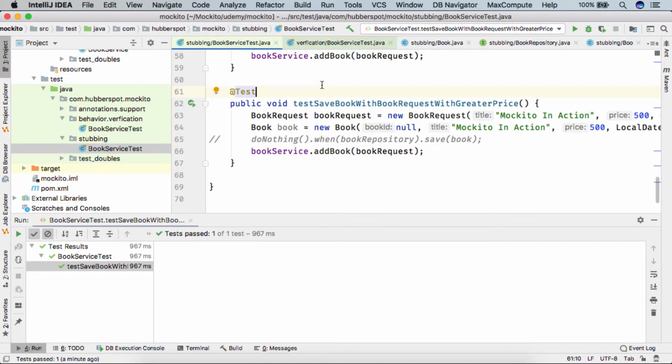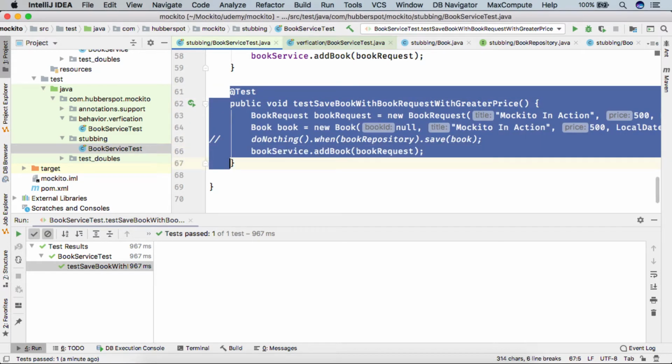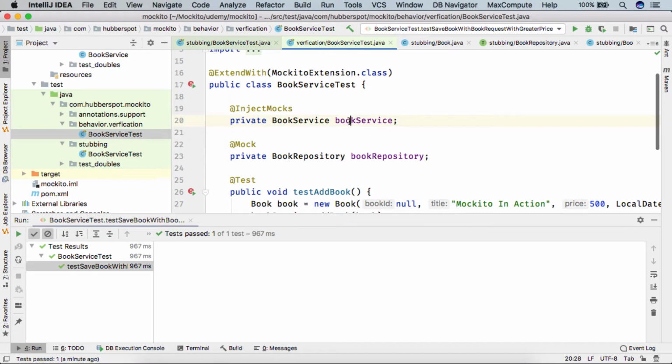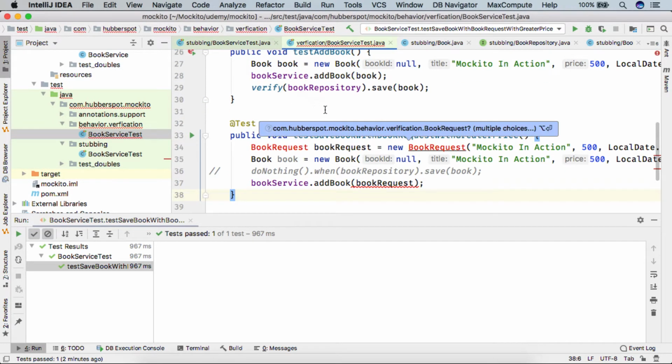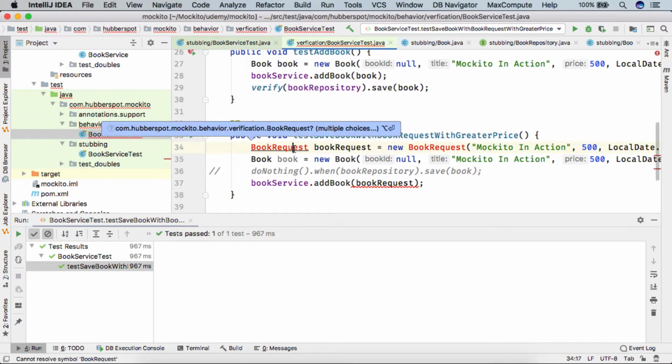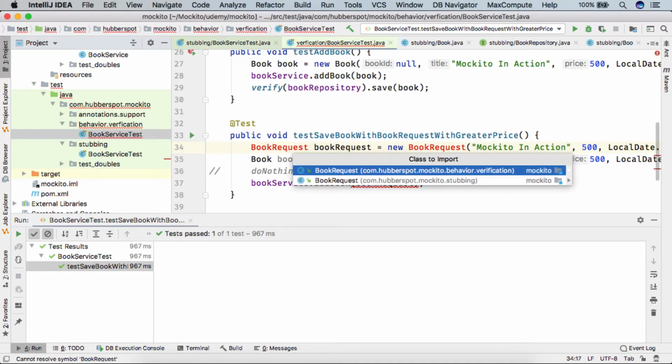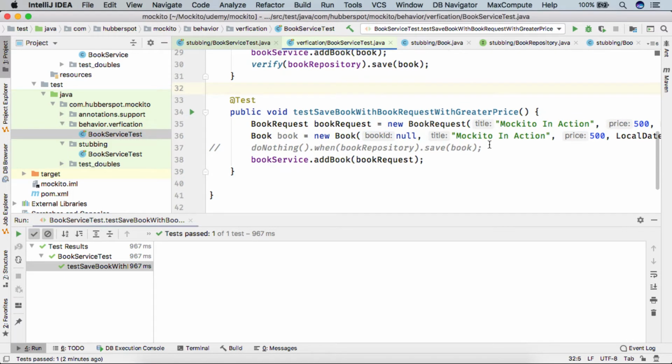So friends, here you can see that stubbing will not always help us in testing our method properly. We need to perform behavior verification. So friends, let's say I copy this method, and in our behavior verification I simply paste this method and remove this line.